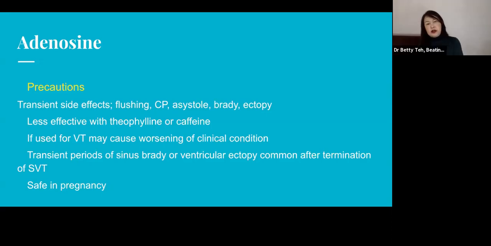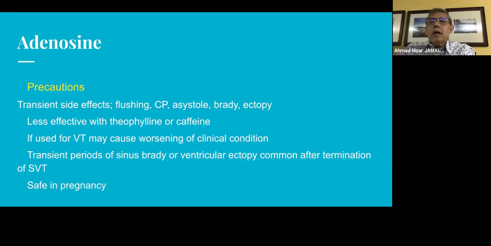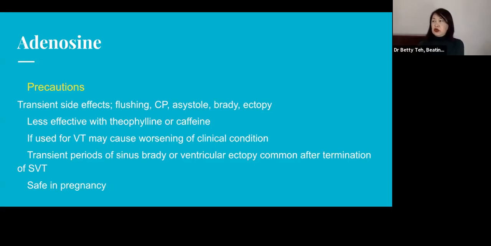Is it contraindicated in asthmatic patients? It is not actually, because the effect is very short acting. But if the patient has poorly controlled asthma, you probably should not use it. But if there is a history of asthma, you can still consider it. And would you use it routinely where you need to inject it really fast, followed by a very fast